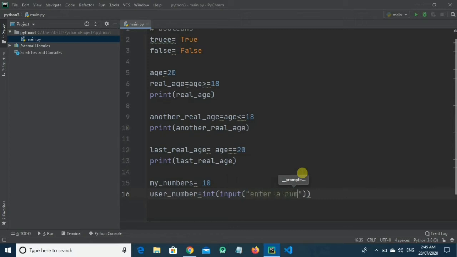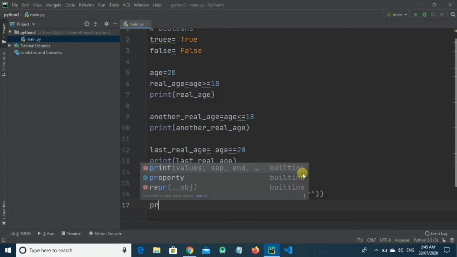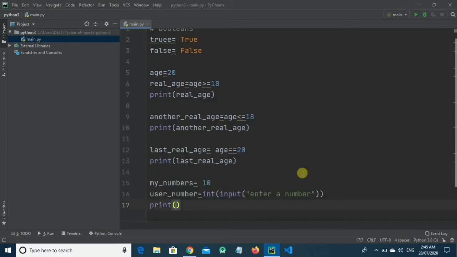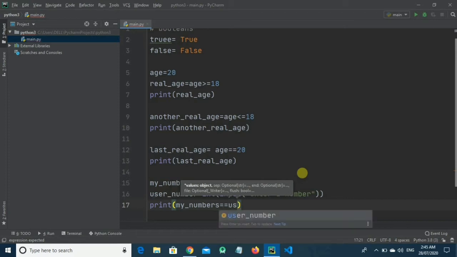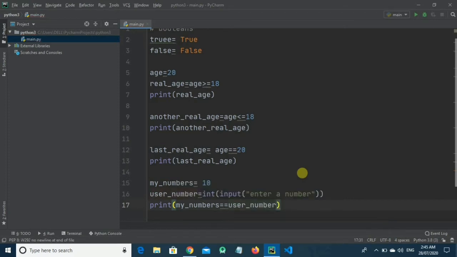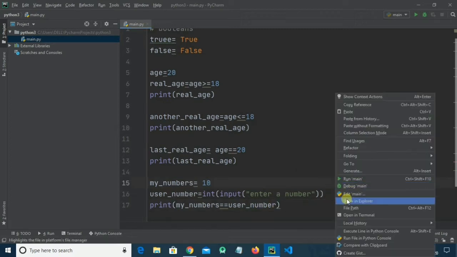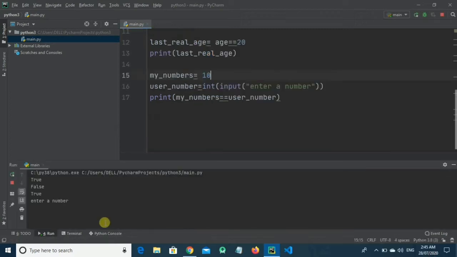The user's input will be converted into an integer, and now we will print my number is equals to user number, to check if the value input by the user is equals to the value of my number. Let's run this program and I will enter a number.